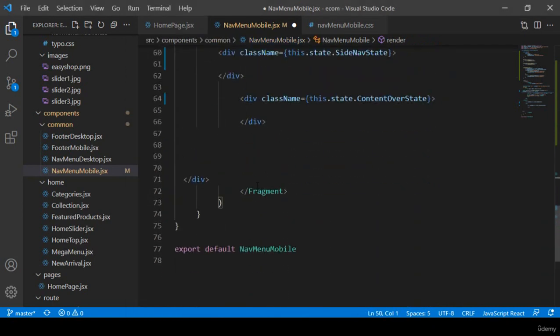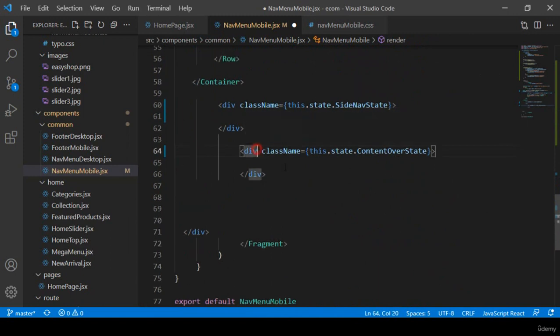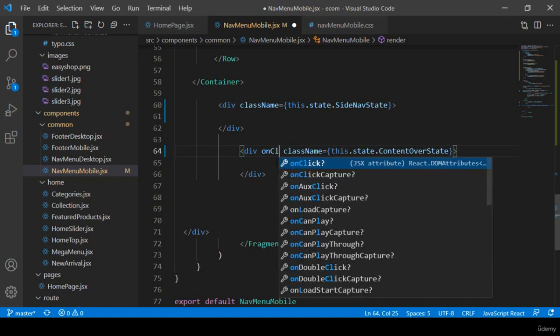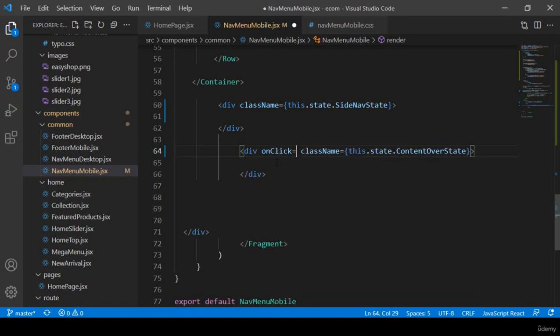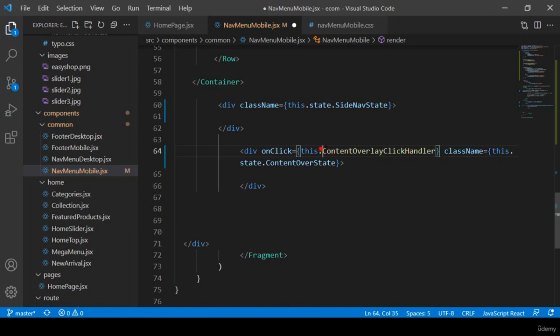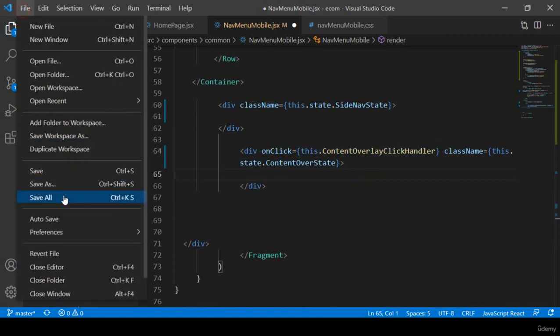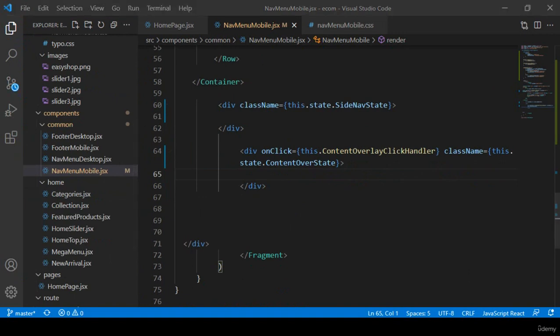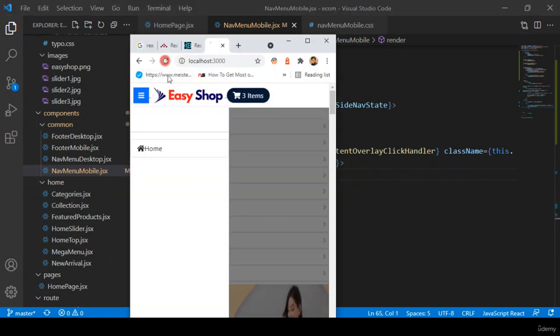So here that is our div. I want to use another on click on it. On click, into this on click area, that will be our method name as a content overlay click handler. Simply loaded that things in particular that position. Okay, here I simply load it. Now if you click save all, and now if you refresh it,